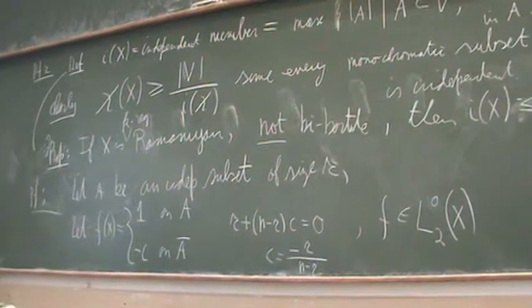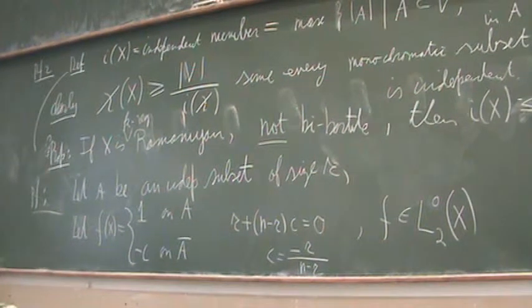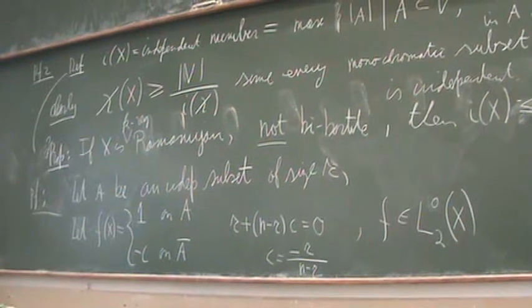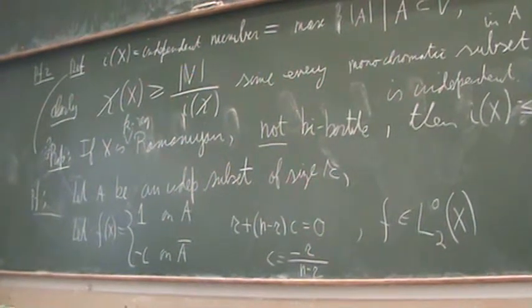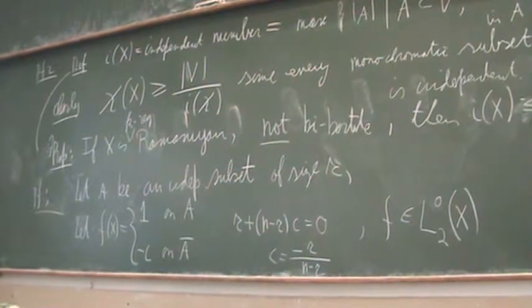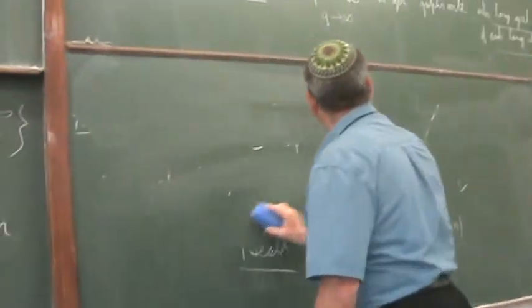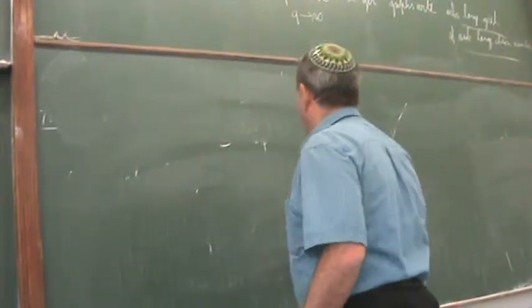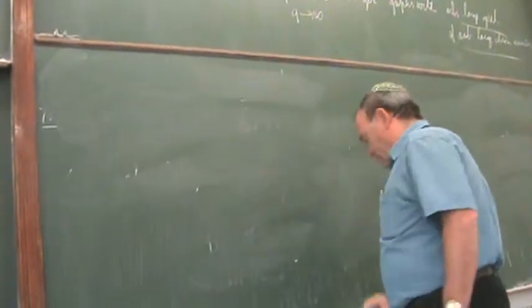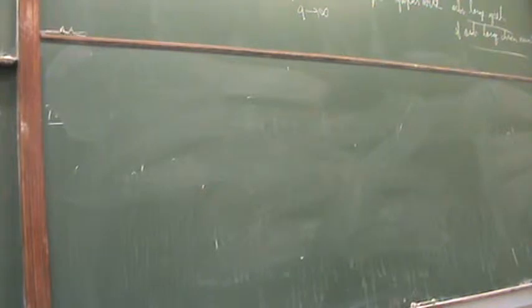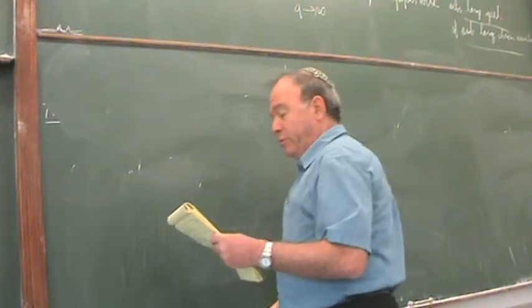This is a function which sums up to 0. So we know it sums up to 0, and now we know that when we apply the adjacency matrix, or the Laplacian, if you want,